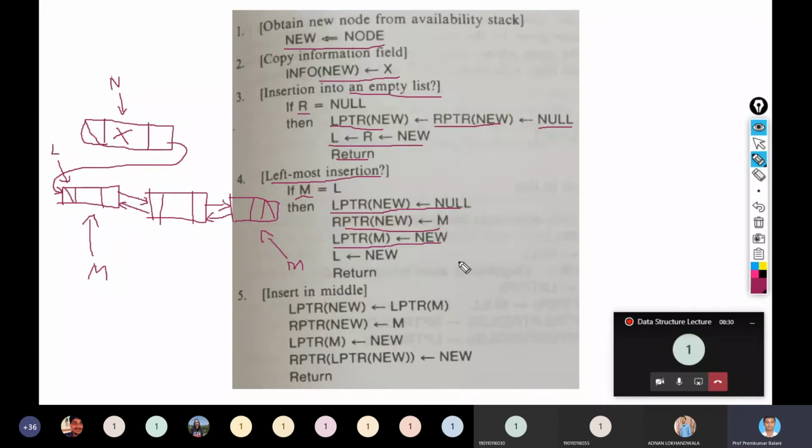But after this step, left pointer of M is now pointing to new. So this null value will be overwritten, and now this first node is pointing back to this node, right?